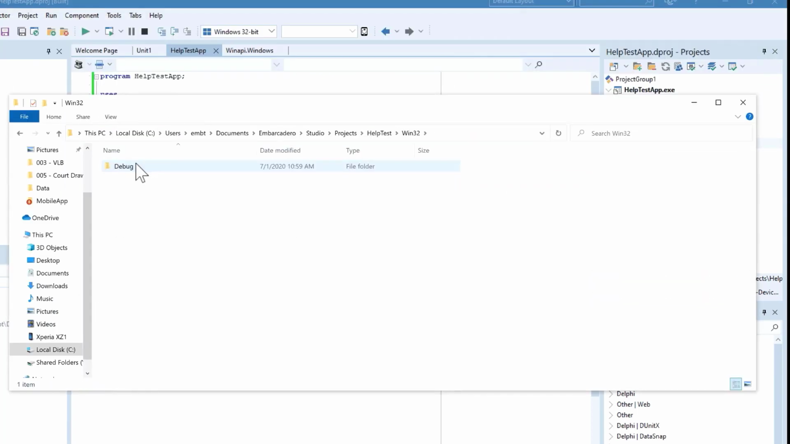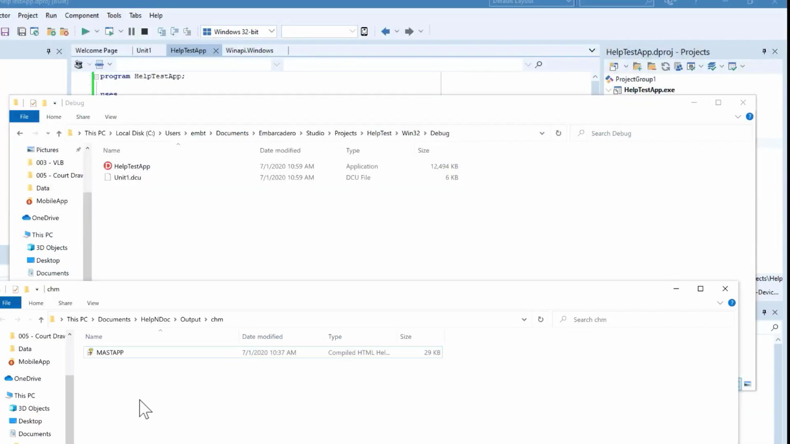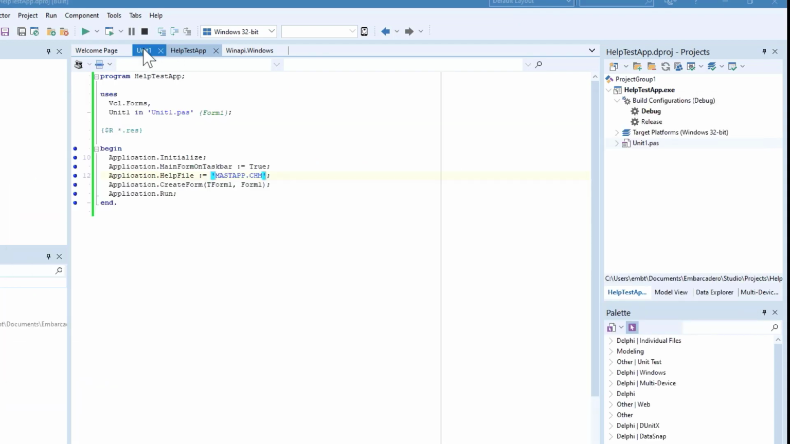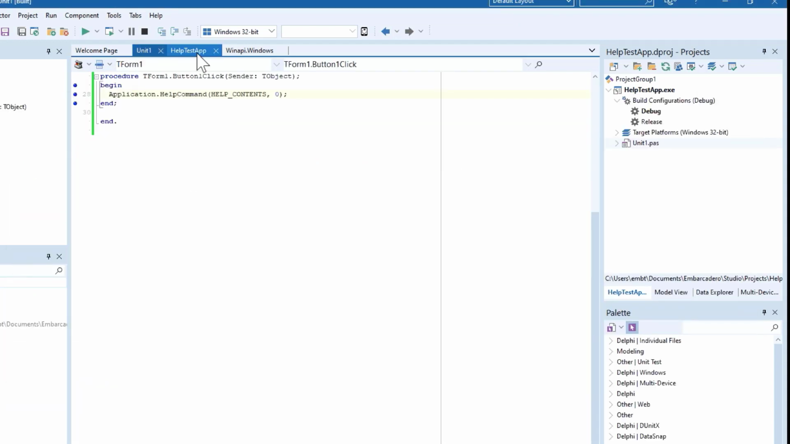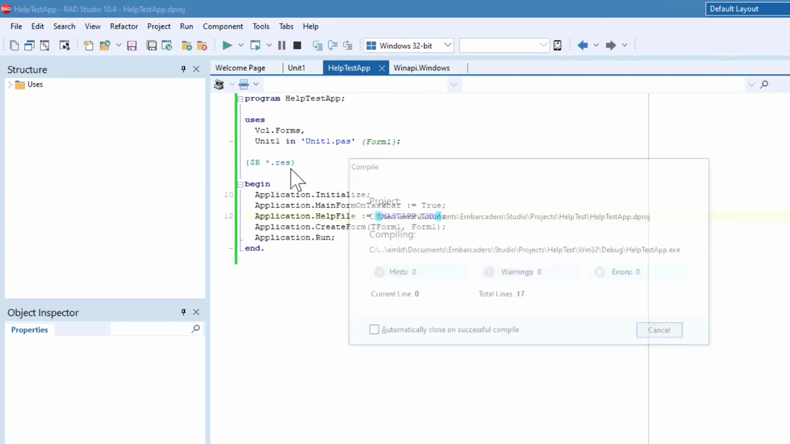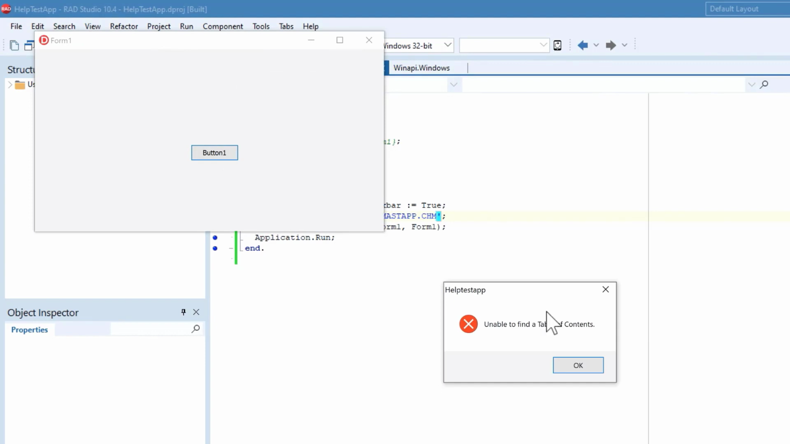Here's the Win32 debug. There's the test application. Now the application is expecting the help file to be in that directory. So I'm going to take the help file, sorry, and put that in here. That's master app.chm. So let's go ahead and run now, and we should hopefully